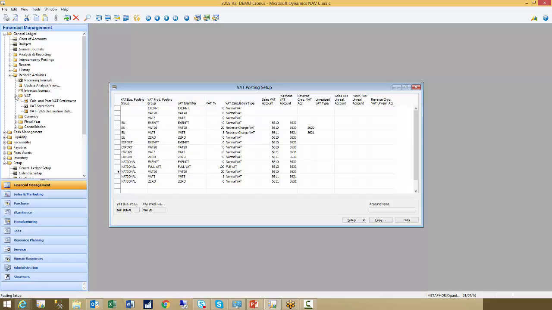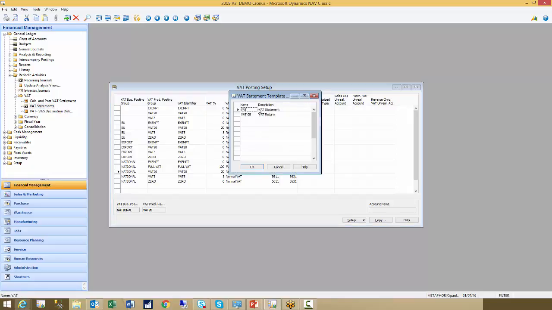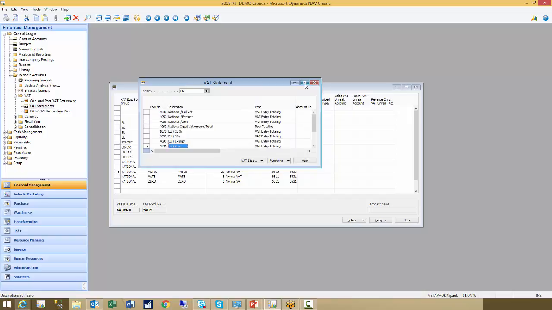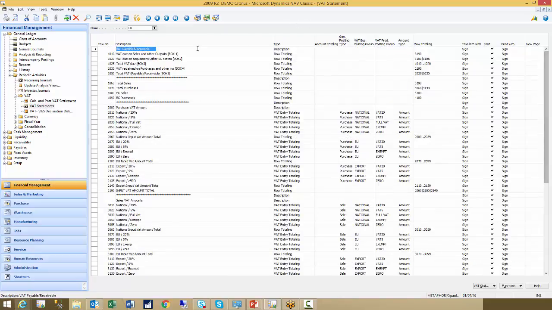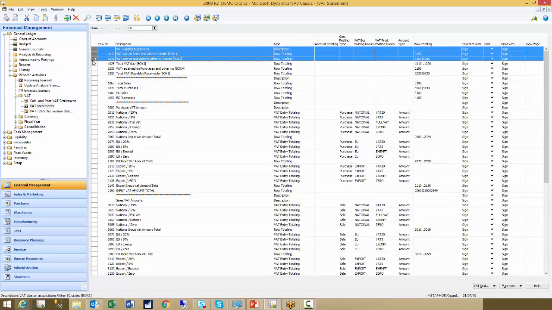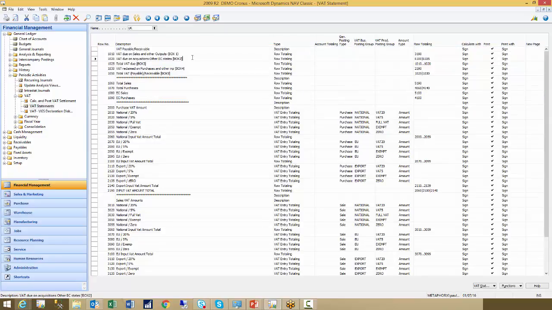So going into the VAT section within financial management, we will have a look at the VAT statement itself. And in this particular database, we have two options, and we're going to have a look at the VAT GB one. I'll just make that full screen. And here we can see the layout of our VAT statement. The top section details all the totals, and as you can see in our particular example, we have the box numbers as representative of the old green form that you used to have to fill in, that I obviously know you do online